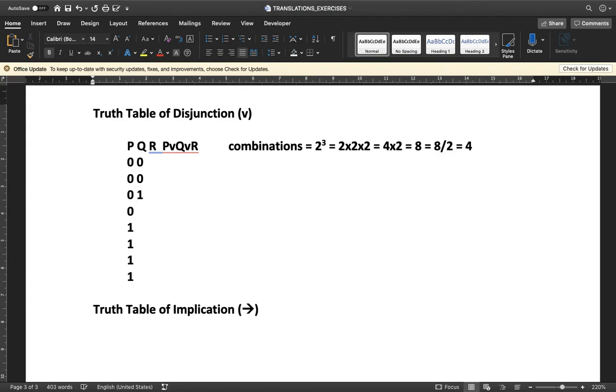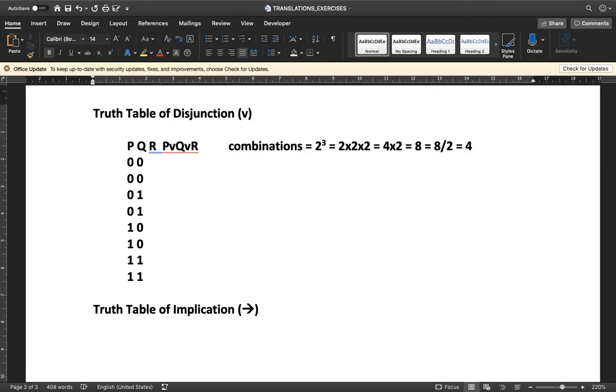Sa dalawa, then dalawang zeros. Isa, dalawa, then dalawang ones ulit. Isa, dalawa. Okay? So, dalawang zeros, dalawang ones, then dun sa susunod na digit, sa last digit, sa R, hatiin